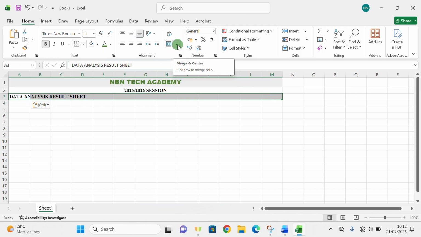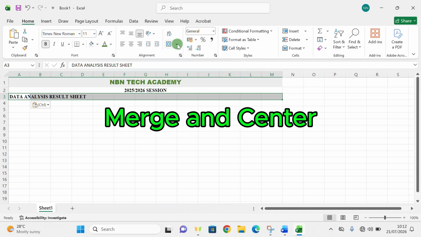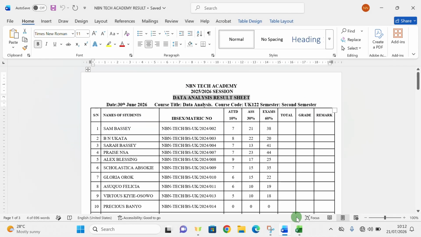To merge and center, you come to the alignment group, you click on the drop down arrow, you see the first command, merge and center. So you're having it this way. Likewise, I'll do the same thing to the date and the course title, if I want it to be on the same line too. So I can select it all, copy it,